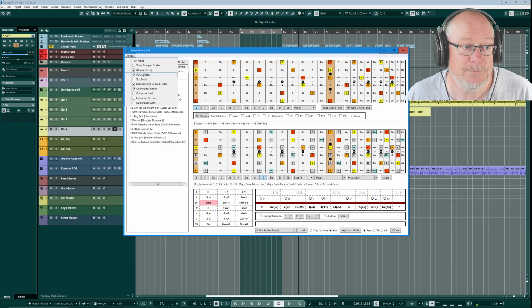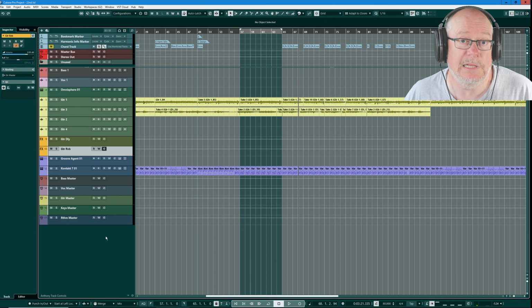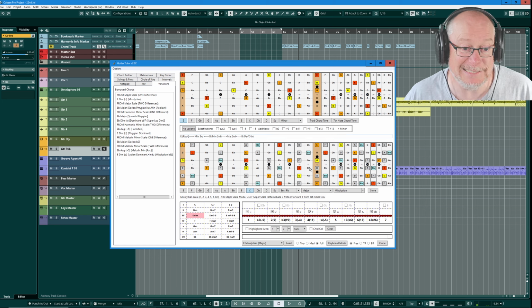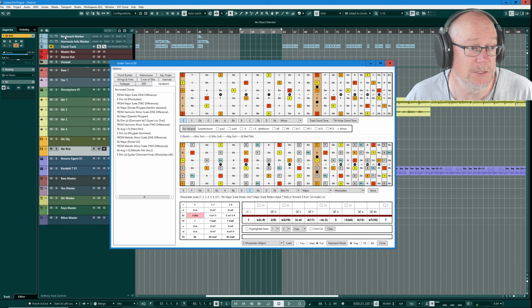It doesn't have to be, it's an option. Here it is. If I disable always on top, now I click on Cubase and the Guitar Tutor disappears. I almost always have always on top engaged. I don't want any application to override this. I want to see this all the time when I'm playing. I generally have this docked at the top right hand corner of my monitor setup, and it's just there permanently. So when I'm writing music in Cubase, I can see the scale map of whatever key I'm playing in at the moment. If I'm playing a piece of music that modulates its key,